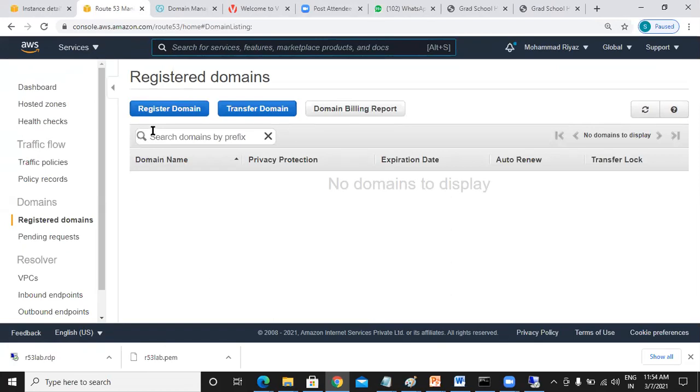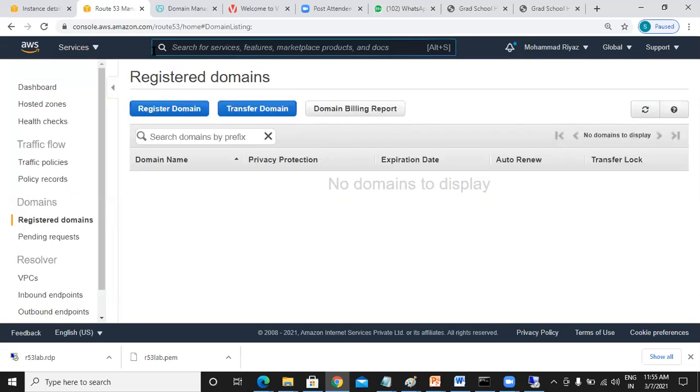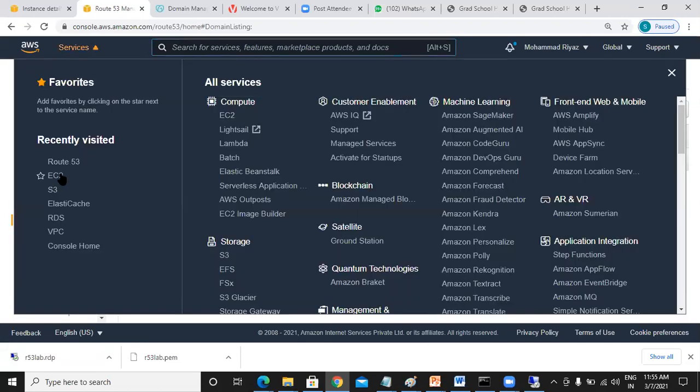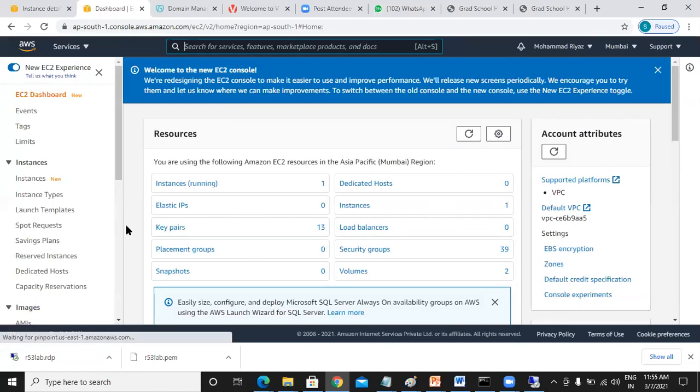This is one of the solutions Amazon provides, called DNS as a service. And other than this, the very important service we have is your load balancer.